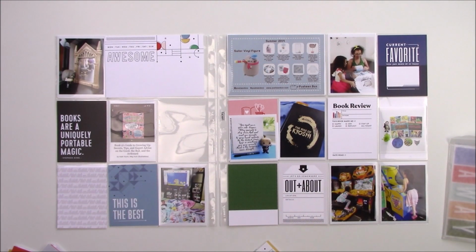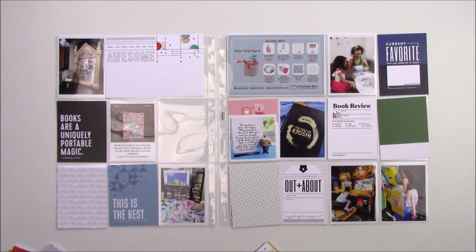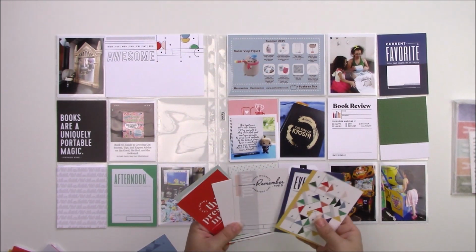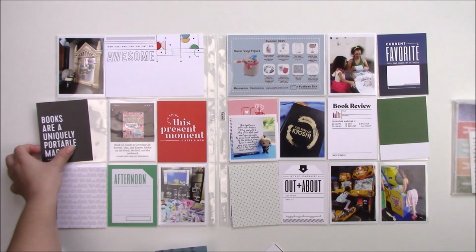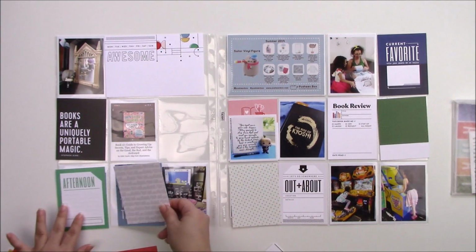There is one that it's about books, and I am terrible with names and they're not in the stamp sets, but I did use one. Okay, it's called Page Turner, and Happy Little Moments are the ones that I've used the most. And I used the Page Turner one because I do have a few books that I was documenting in this